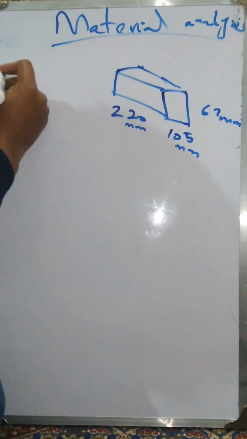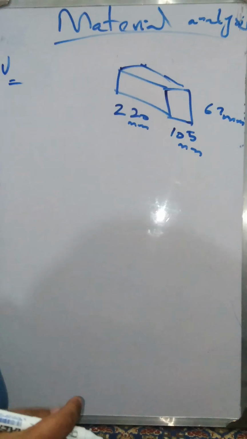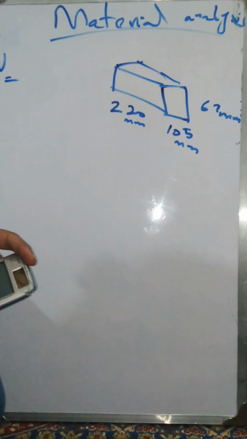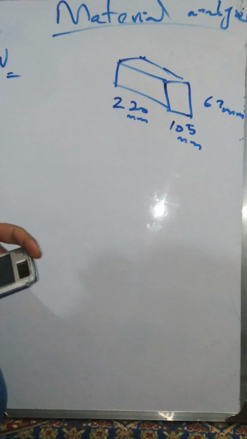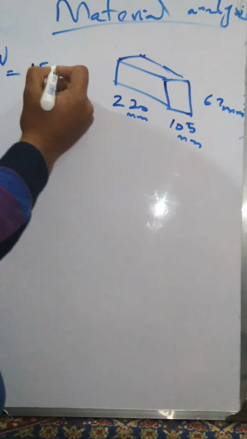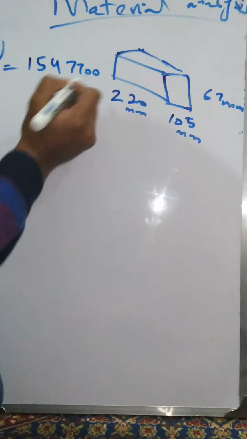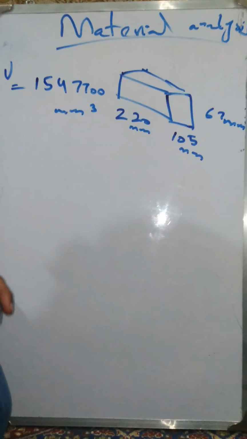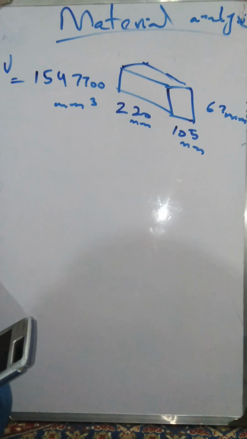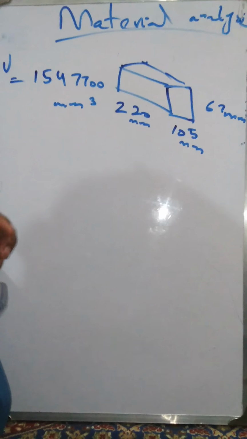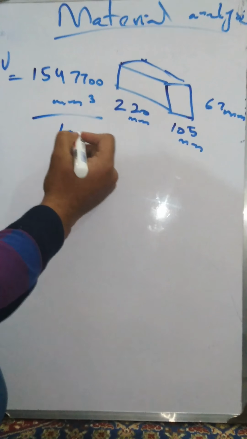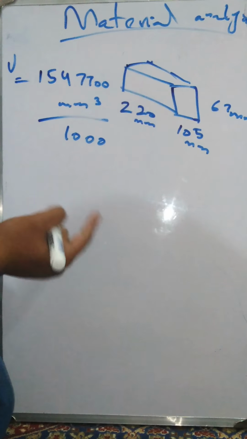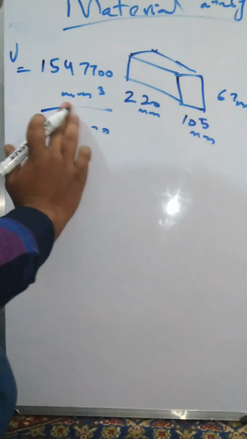The unit which we are going to use is millimeters: 220 millimeter by 105 millimeter by 67 millimeter. So the total volume in cubic millimeter would be 220 into 105 into 67, which is equal to